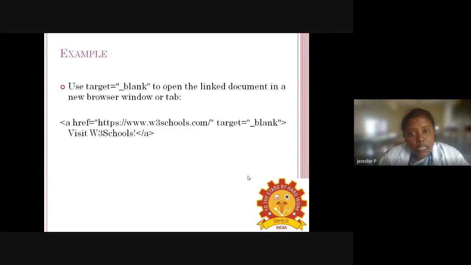Then target is the attribute we are adding, equal to double quotes, underscore blank, which means it will open the linked document in a new browser window or a tab. Then Visit W3Schools is the name displayed in the web page, and you close the A tag.